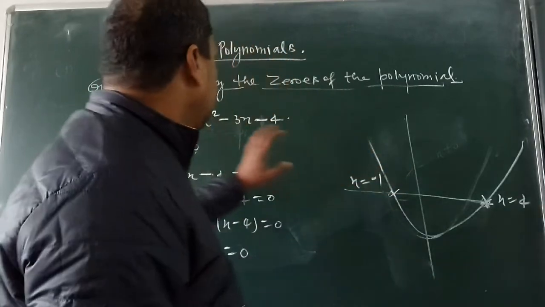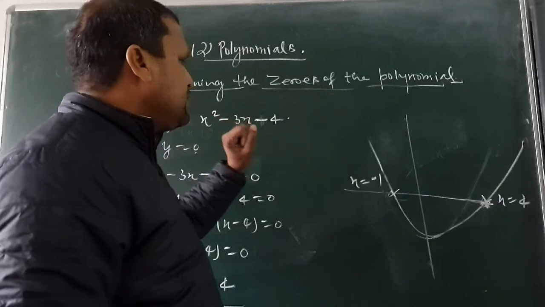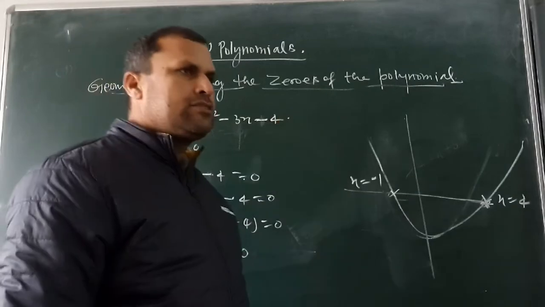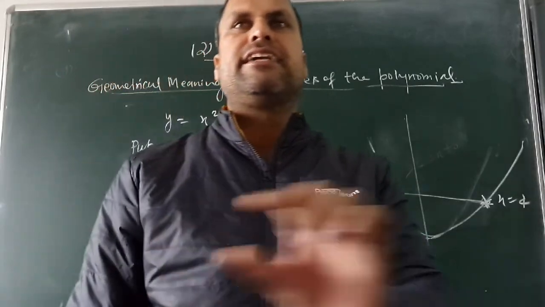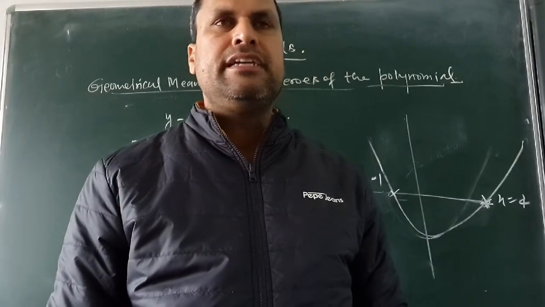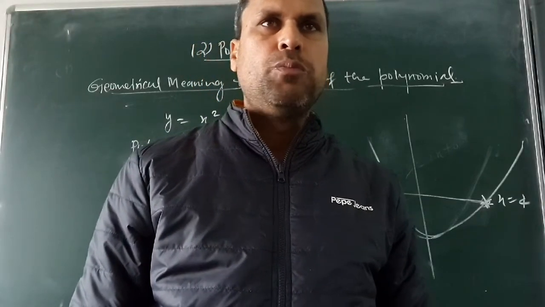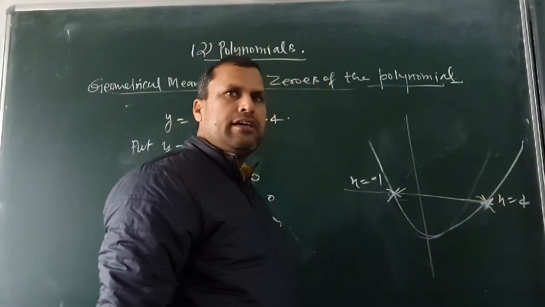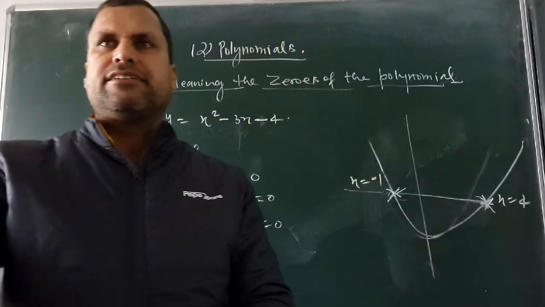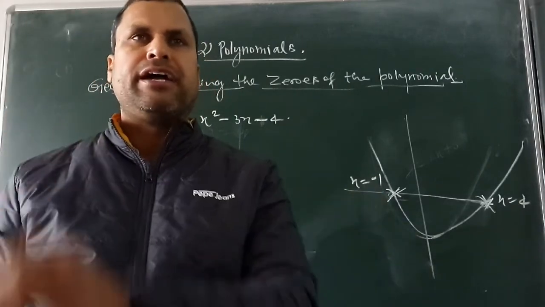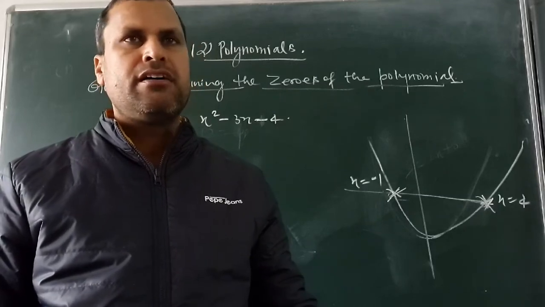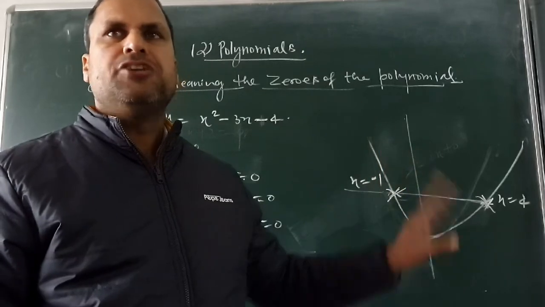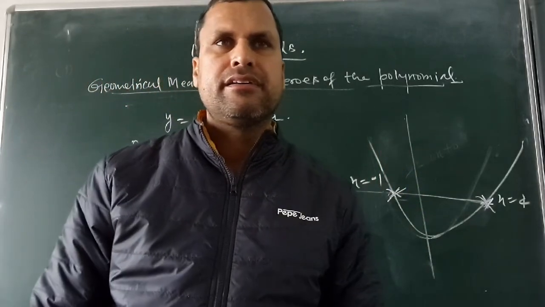And the meaning of that is the equation x square minus 3x minus 4 intersects the x-axis at 2 points. So how many zeros does this quadratic equation have? That is 2. If any graph intersects the x-axis at 3 points, so the zeros of the graph are 3. That is the cubic equation. Okay? Now